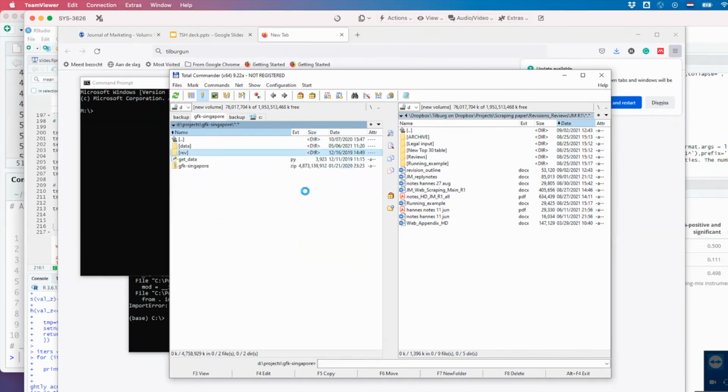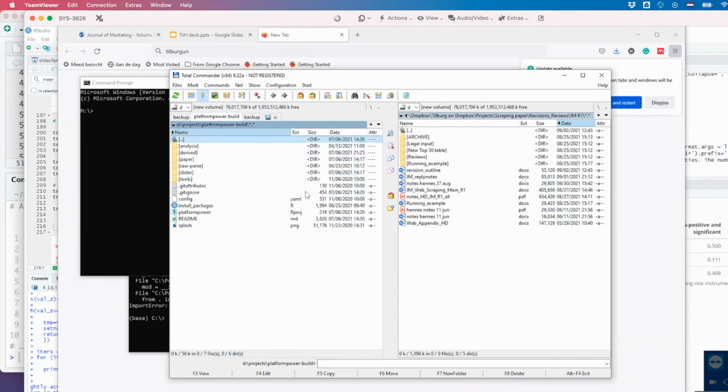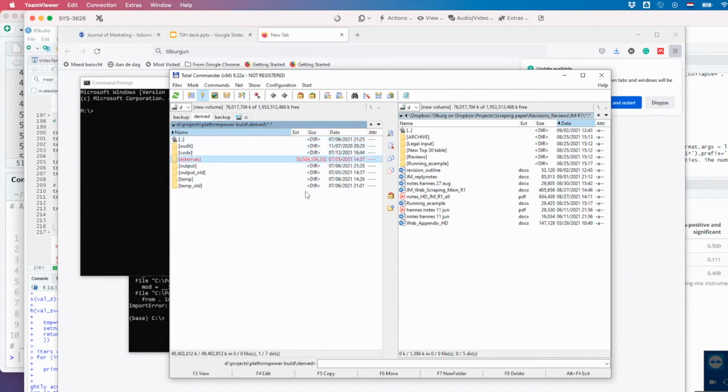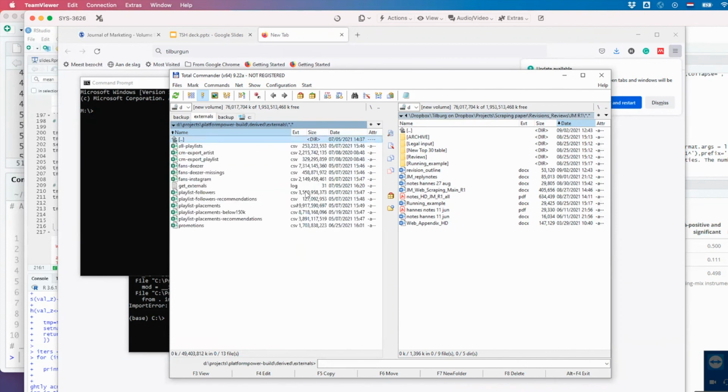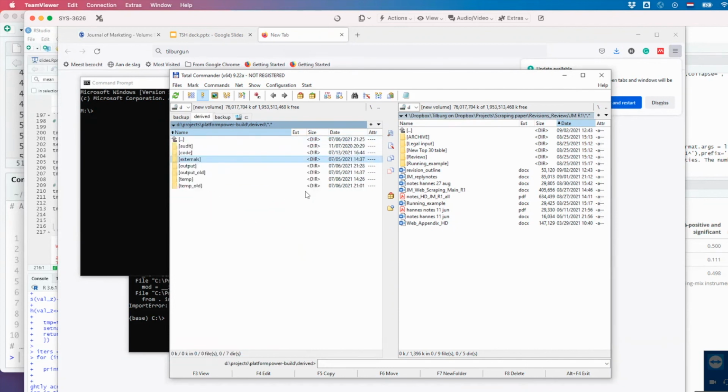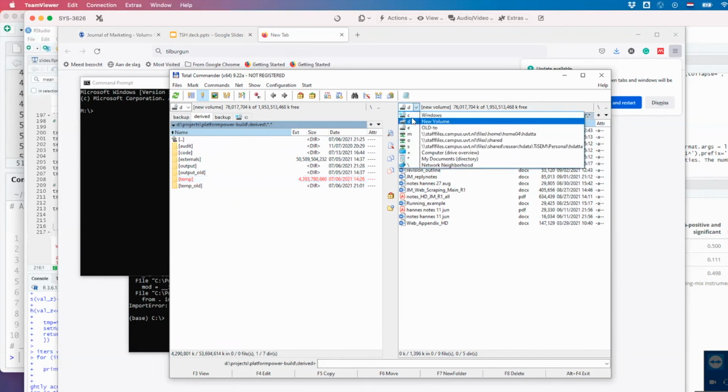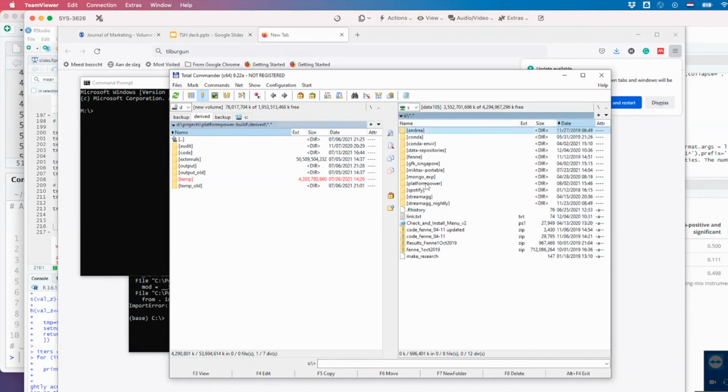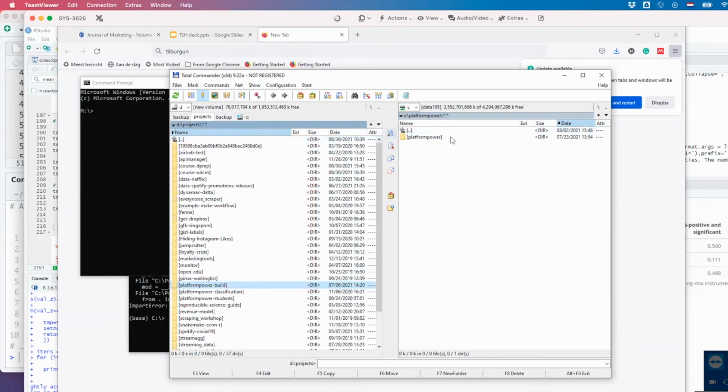I'm going to give you another example, the platform power project that I work on with my colleague Max Pachali. Let's look at the raw data files. The raw data files are 50 gigabytes. It's also not that much, but still a lot more. During the process of wrangling this data, I produced temporary files. Actually, that can't be true. I need to go on a different computer because this is an older version of the project.